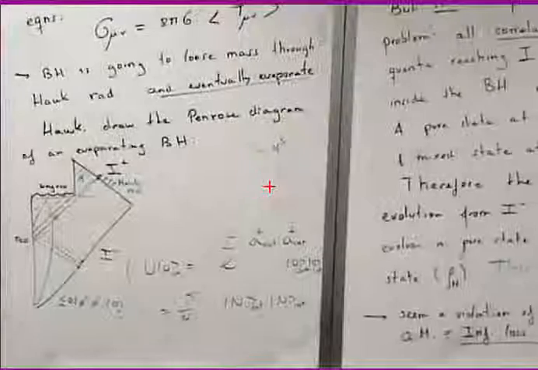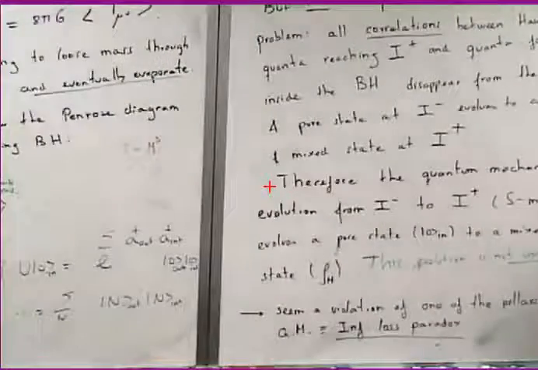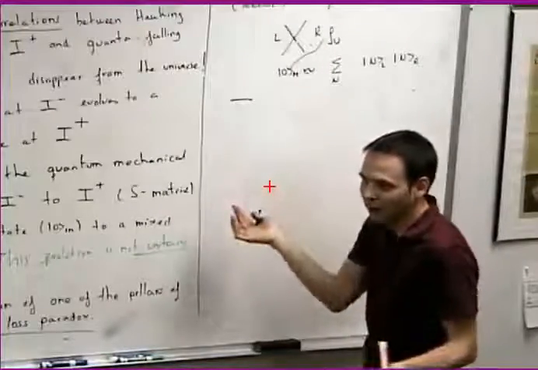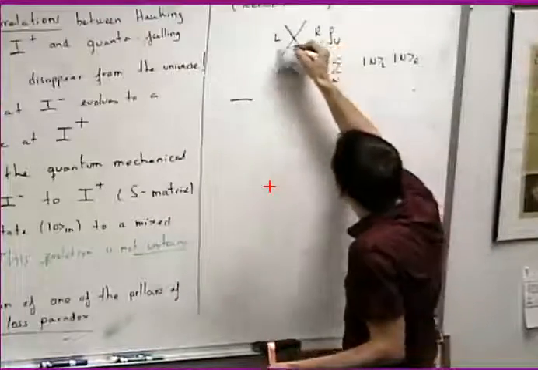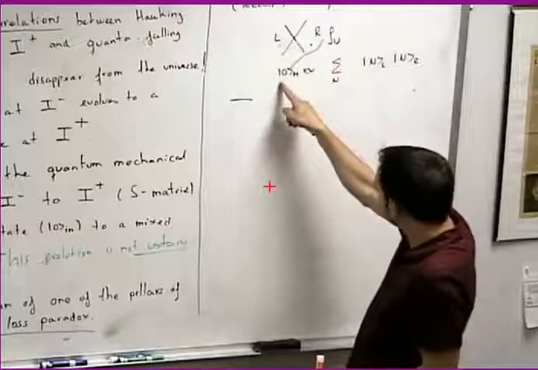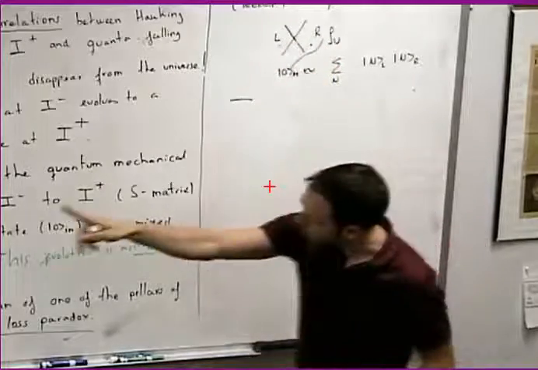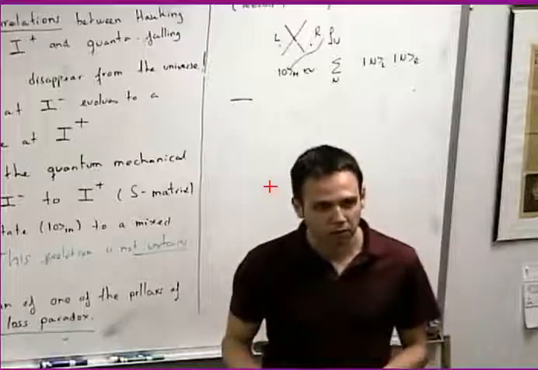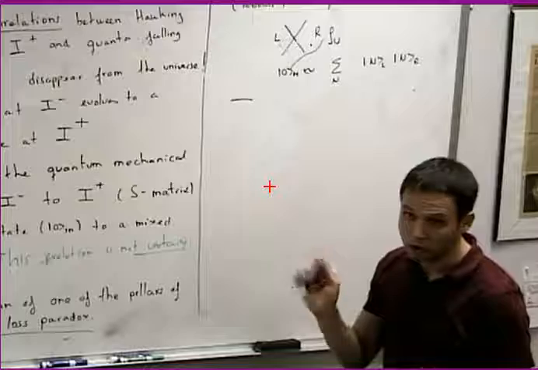Very similar to the Unruh effect, where the Minkowski vacuum is made of correlations between left and right. But in the Unruh effect, the left side never evaporates. So it's always there, and you would say, of course, the information is between here and here. Those correlations make the Minkowski vacuum a pure state. But the difference here is that the interior of the black hole evaporates and disappears from our universe. So all these correlations are gone.